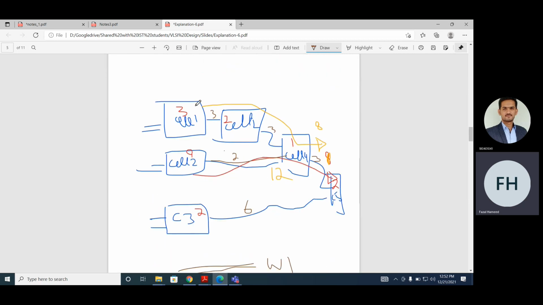Let's assume this is cell number 2. What is the delay of cell number 2? 9. You say, no, this cell number 2 is not optimized. Now we need to optimize. So during logic verification, you are doing the optimization at the cell level, not at the routing level. You are not considering the routing delay. Say the routing delay is now 0.